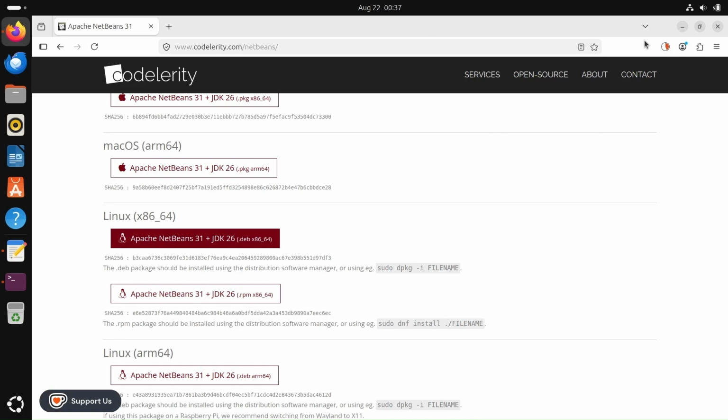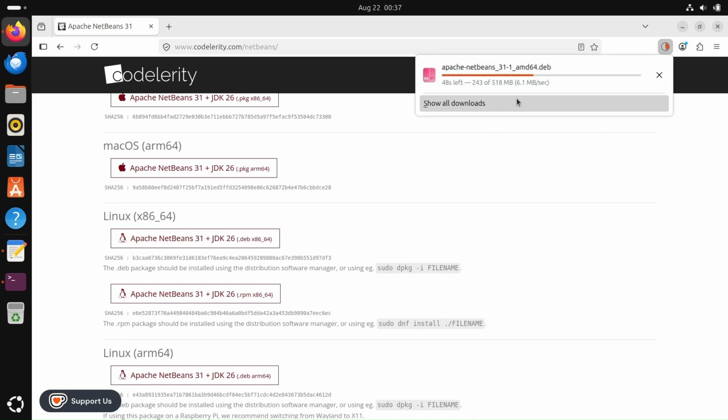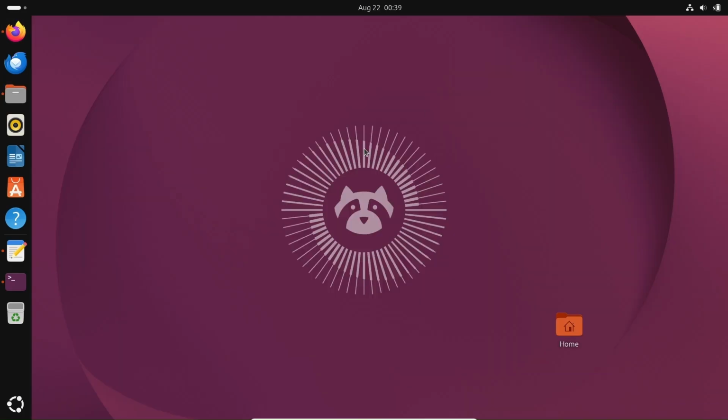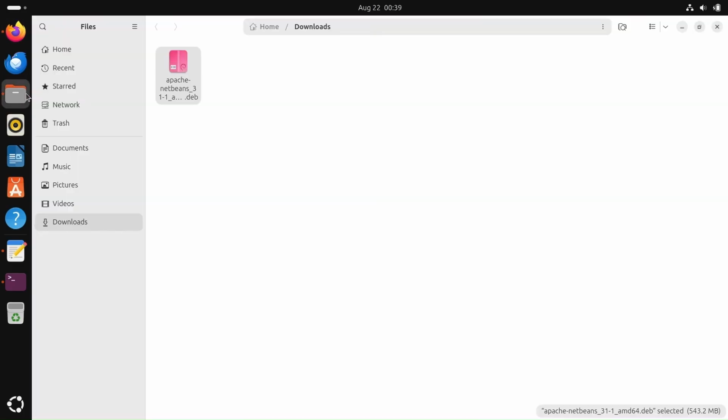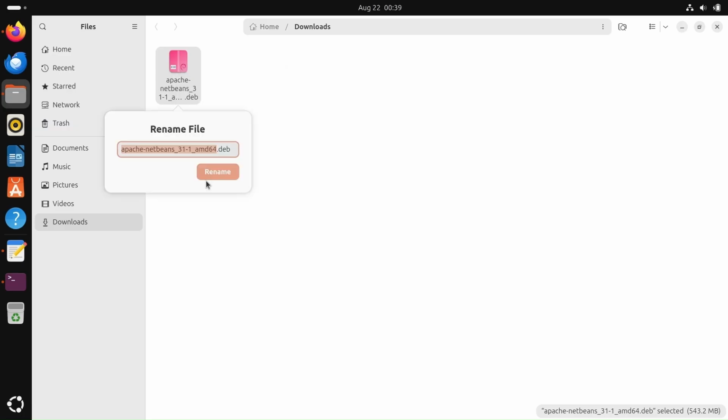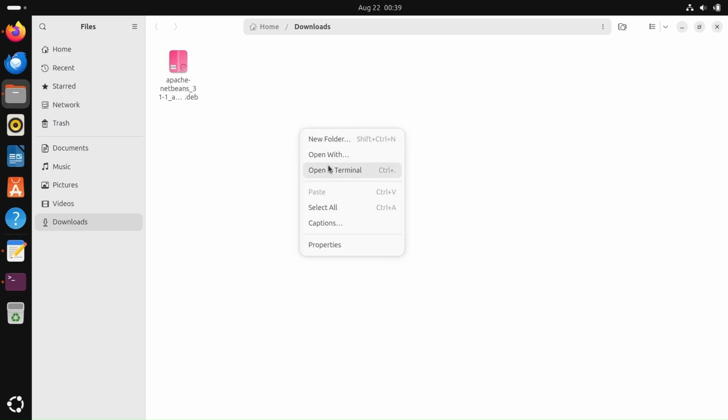Now let's see the download status. This will take only a few seconds to complete this download. The file is downloaded, so let's click on this show in folder. So here, the next step is to click on rename, select all, copy, right click, open in